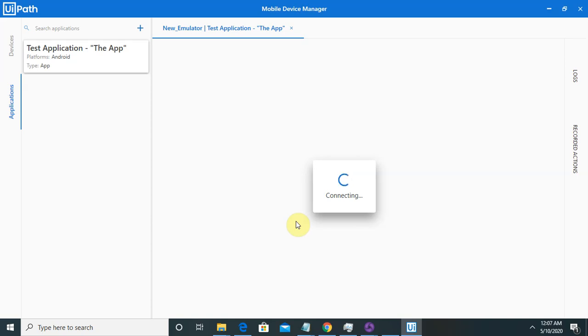It will take some time for the configuration and integration with UiPath, because it is capturing all the packages from different sources, and the emulator will be launched.